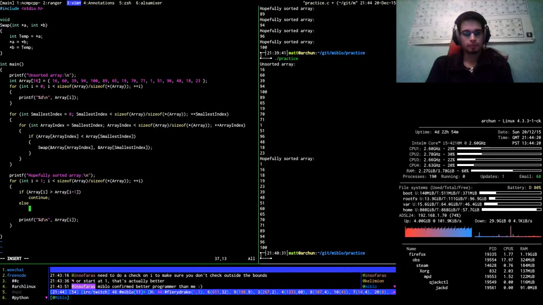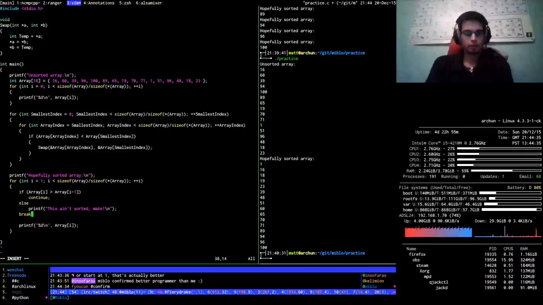Else, let's printf, this ain't sorted, mate. And break. Is that doing it? Why am I getting that indentation there though?